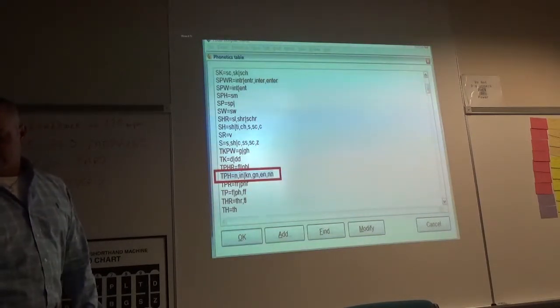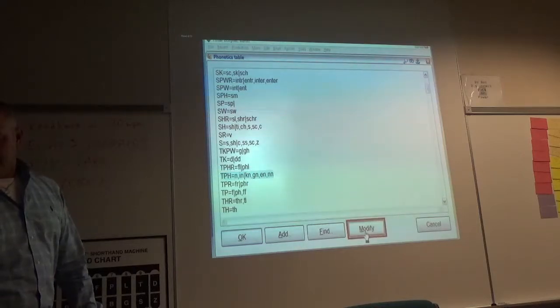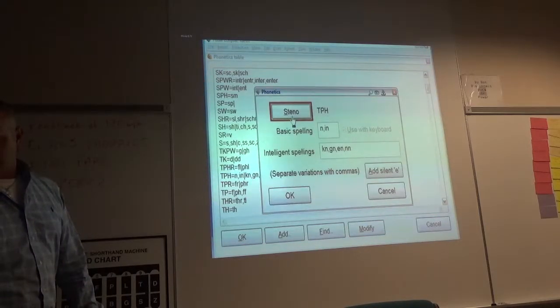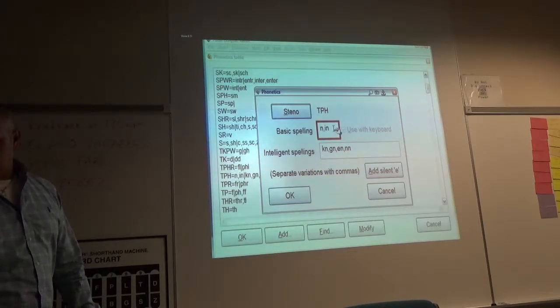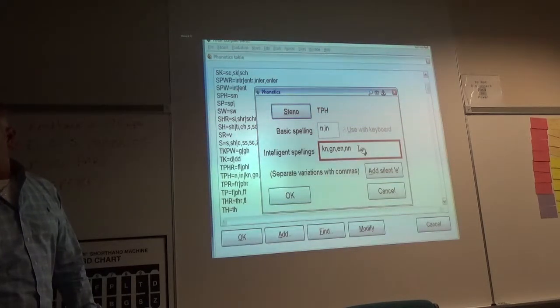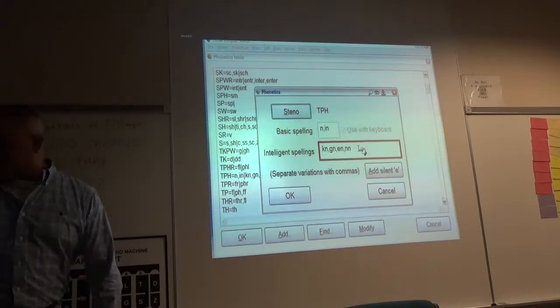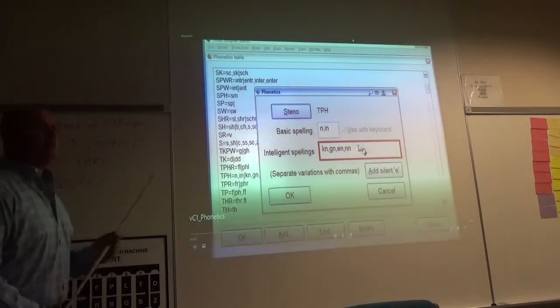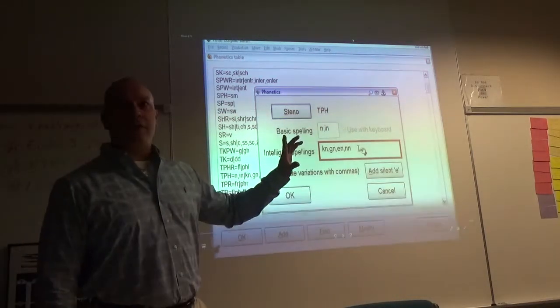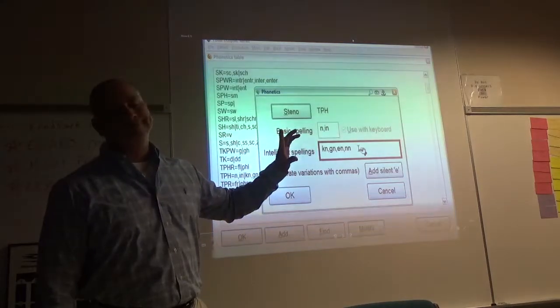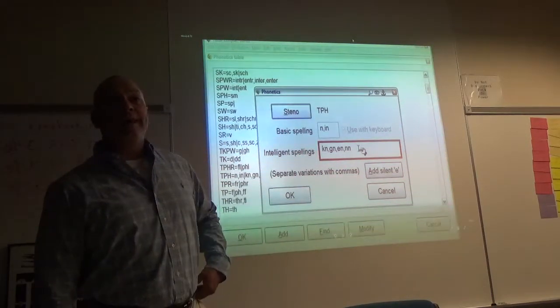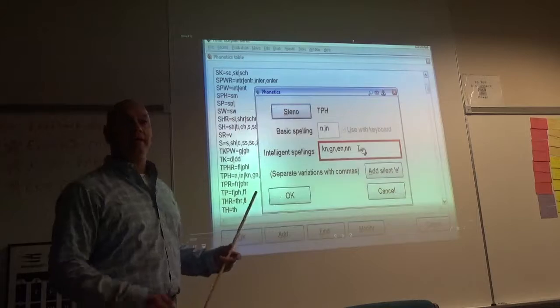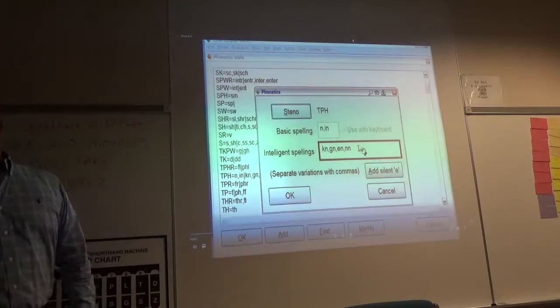Now for a line that has quite a bit more to it. When Eclipse sees the steno TPH, it first considers the spellings N and IN, but it also tries out these additional spellings. And of course it uses the spelling dictionary to avoid creating nonsense suggestions. A lot of these things are already set up for you, so going in there and messing with them is probably not a good idea. So be careful.